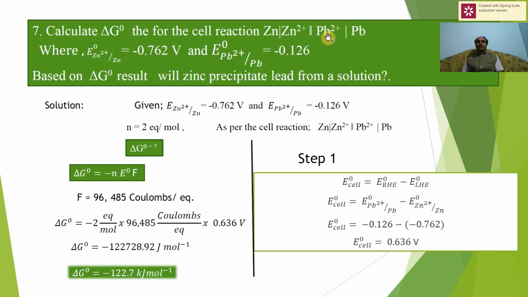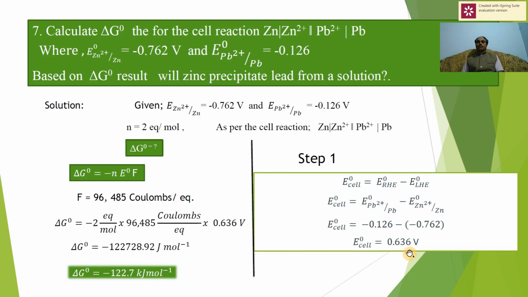What is RHE here? It is lead plus 2 bar lead is RHE, Zn bar Zn2 plus is LHE. Wherever RHE is there, I have written lead minus the potential of the zinc. So the standard potential of the lead is given, that is minus 0.126, minus the standard potential of the zinc, that is minus 0.762 volt. Minus into minus becomes plus, and you can subtract minus 0.126 from 0.762, it will give you